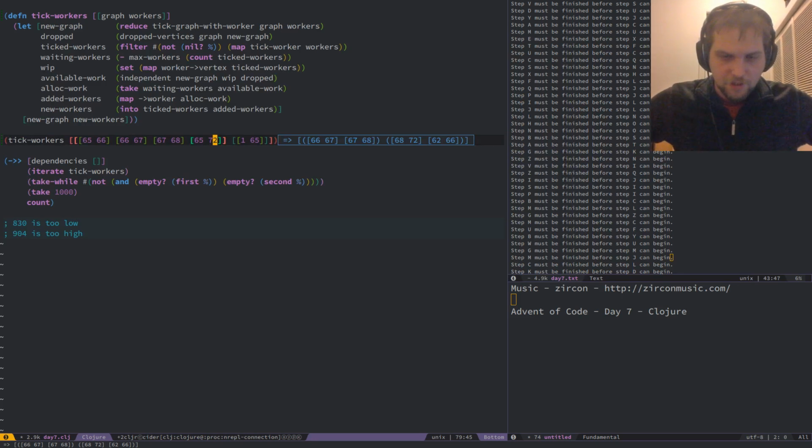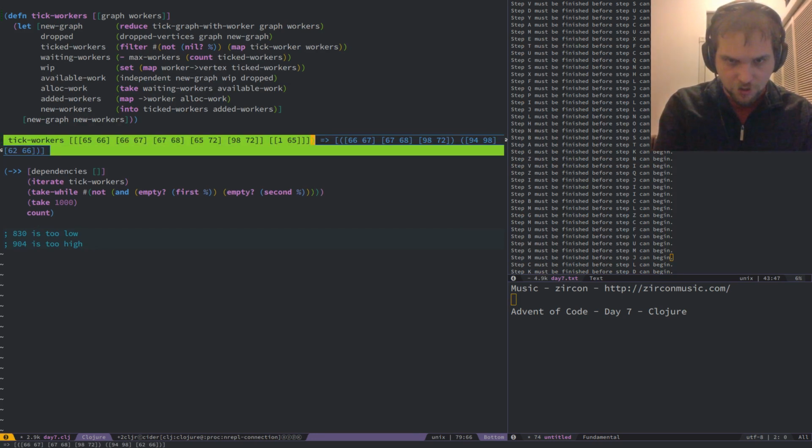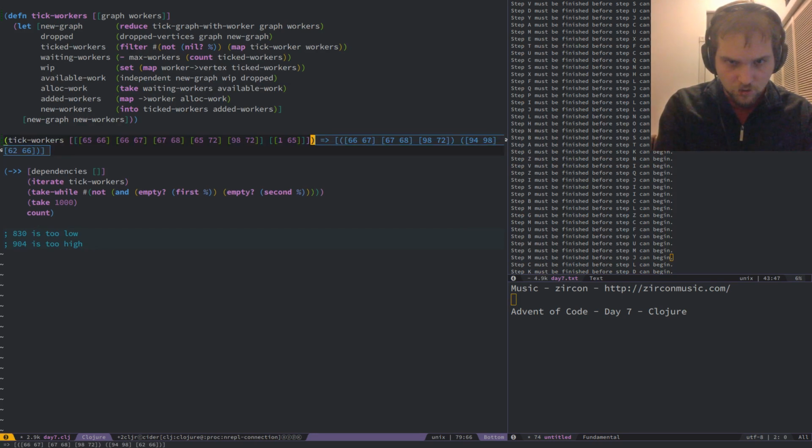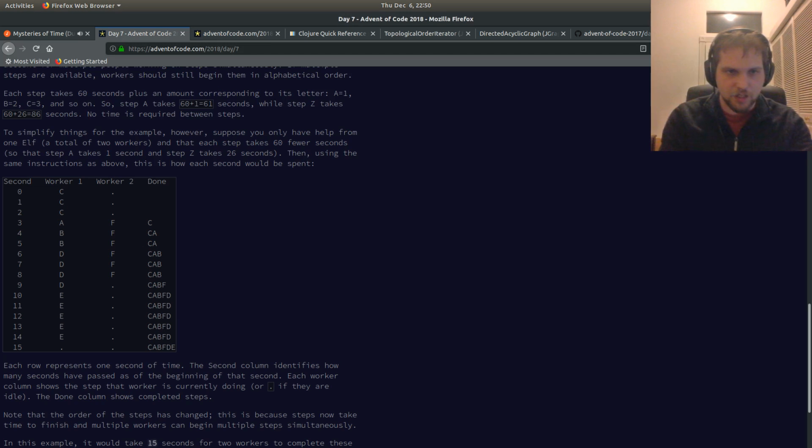So it does grab 72, as long as 72 isn't pointing at something else. Does it still grab 72? It does not still grab 72, but it does grab 98. So I'm seeing the right things here. Again, I'm guessing it's just an off by 1 error.